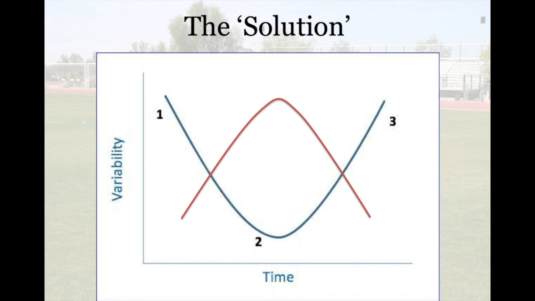Here we have the quote-unquote solution. Ultimately, this is just how I've tried to make sense of it and what I've utilized in the past. So again, looking at Bernstein's degrees of freedom model with the blue line, variability is high at the beginning and at the end, and it drops in the middle. So as a practitioner, I typically will increase the variability through contextual interference when an athlete is in stage 2. So we see the red line for the imposed variability that I will incorporate as a